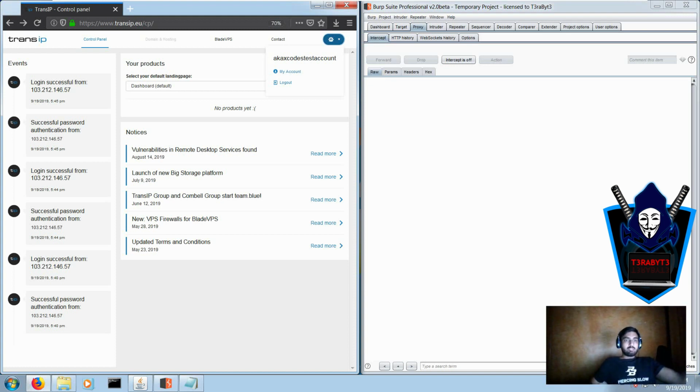I can generate a CSRF POC. I can send it to anyone. It can do a lot. I can harm their security or their privacy in many ways. So CSRF leads to criticality once they go through some sort of social engineering or phishing, because you have to involve the interaction of the victim in this case. That's the basic dependency of CSRF, but CSRF can be critical in some cases,